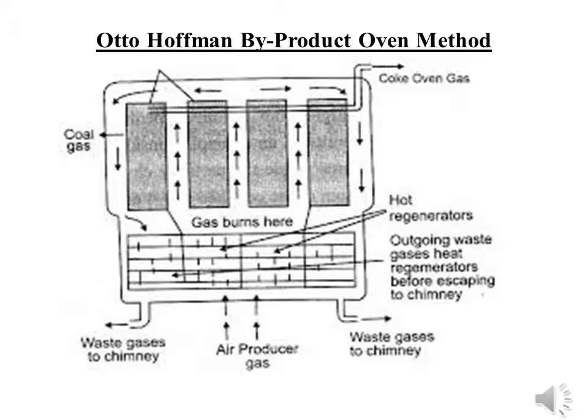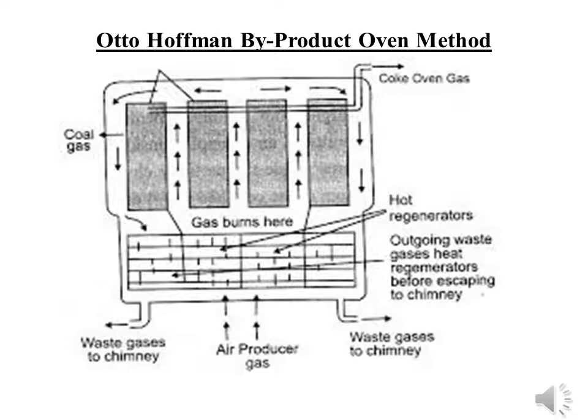This chamber is heated up to 1200 degrees Celsius by preheated air and producer gas mixture in the interface between the chambers. The flue gas produced during combustion is passed to the regenerator, which takes up the heat and gets heated to above 1000 degrees Celsius. The flow of heating gas is then reversed so that the hot flue gas preheats the other chamber. The heating is continued till all the volatile matters are evolved from coal, which takes 12 to 22 hours.